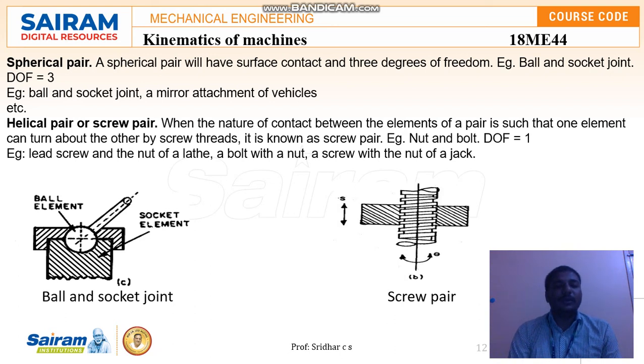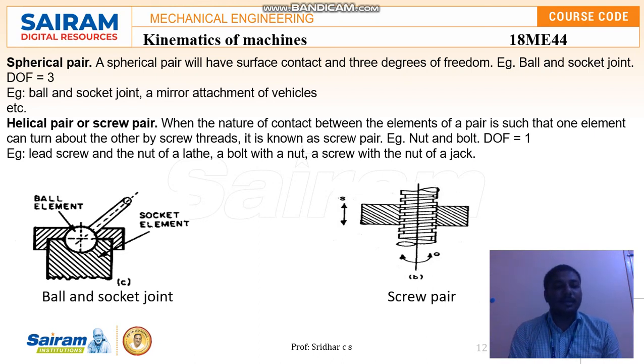With the help of a screwdriver, when we start rotating the screw, it rotates around its screw threads only. The contact between its elements is turning only, and because of the rotation of the screw threads, it goes inside to fix any bolt or component. So this is what we call a helical pair or screw pair. The best example is nut and bolt. Generally, the function of a screw is to hold or fix any component or object rigidly.